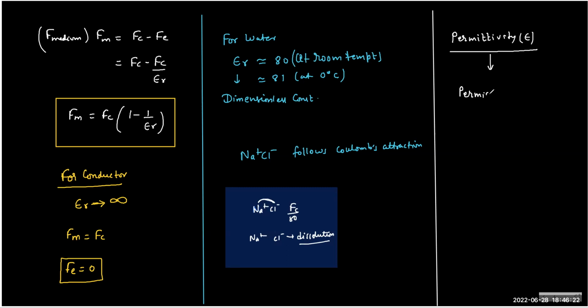The first is like permission, and the second is something like resistivity. Now this will help you. So it's permission and resistivity, which means